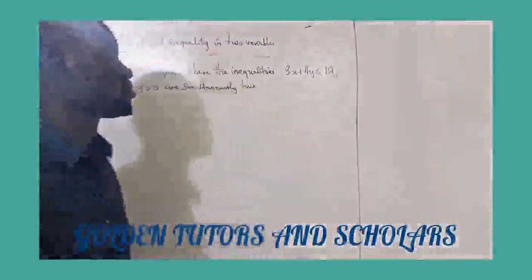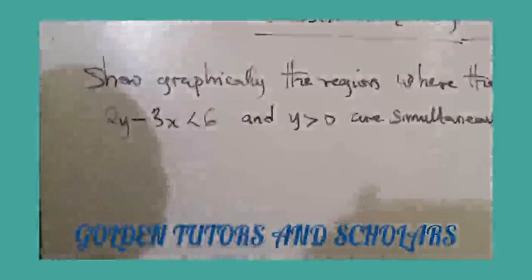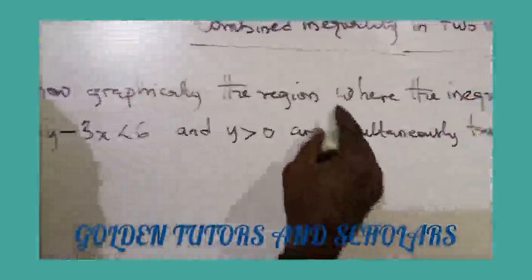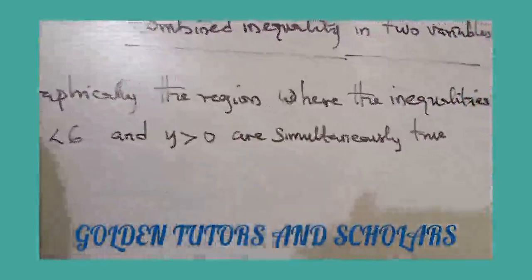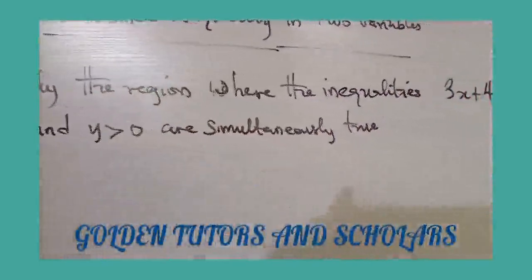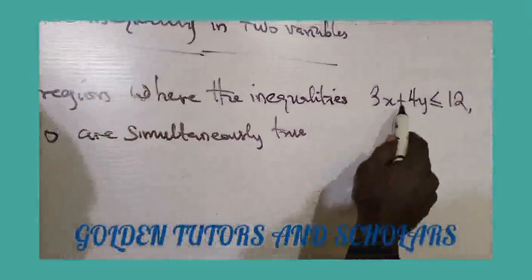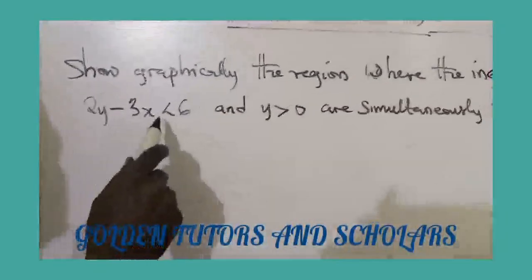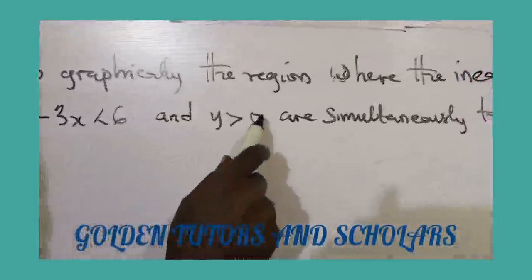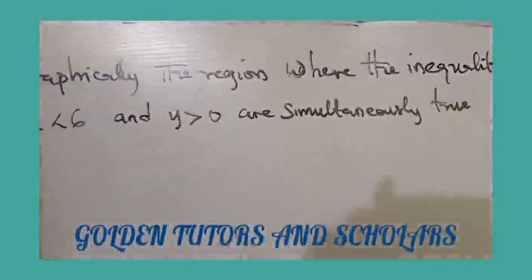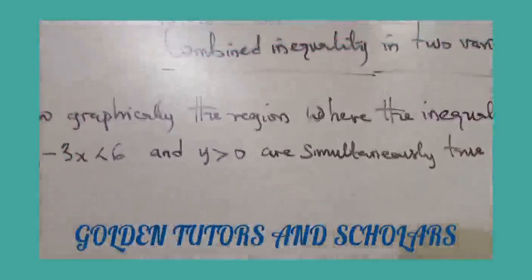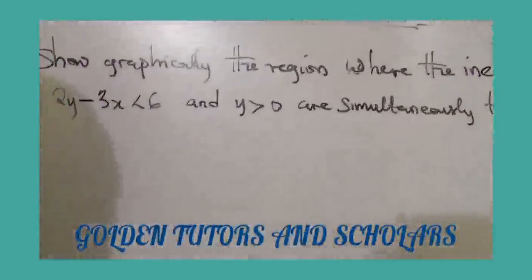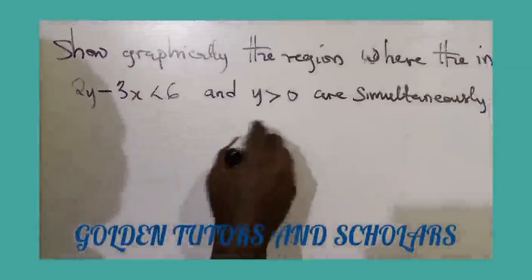For today, the question says show graphically the region where the inequalities 3x plus 4y less than or equal to 12, 2y minus 3x less than 6, and y greater than 0 are simultaneously true. Now, for this kind of question, the first thing you have to do